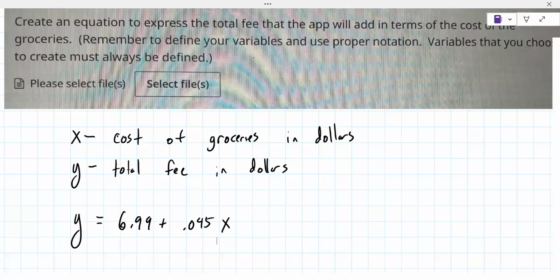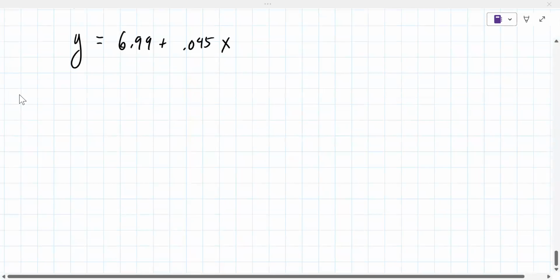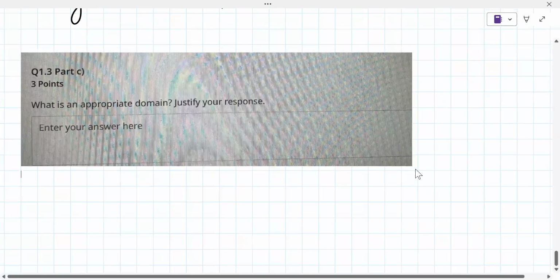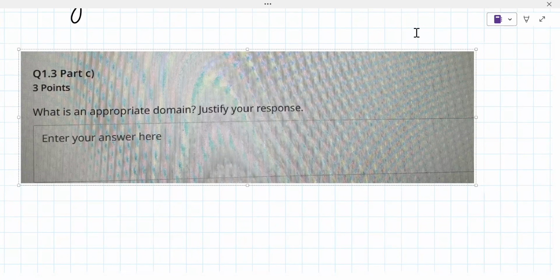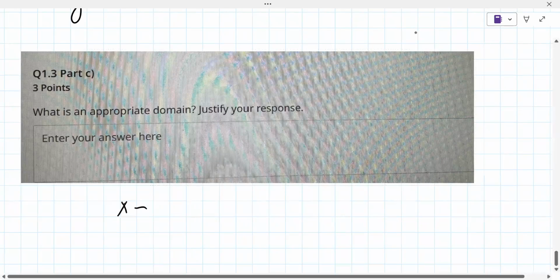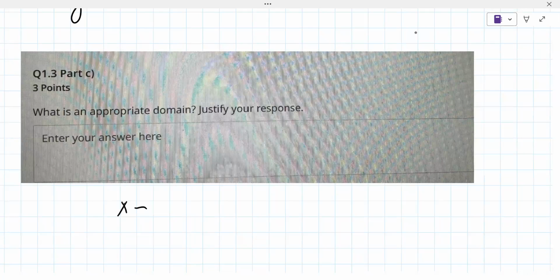So that takes care of that one. We can move on to part C here, which says, what is an appropriate domain? Justify your response. So the appropriate domain is the X value. Okay, so the X is how much you're spending on groceries. So like, what's the least you could spend on groceries,